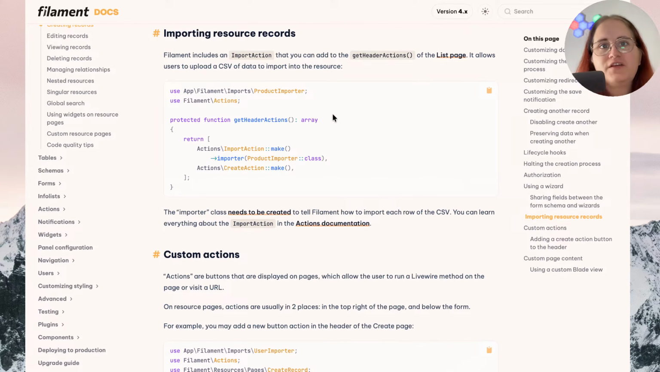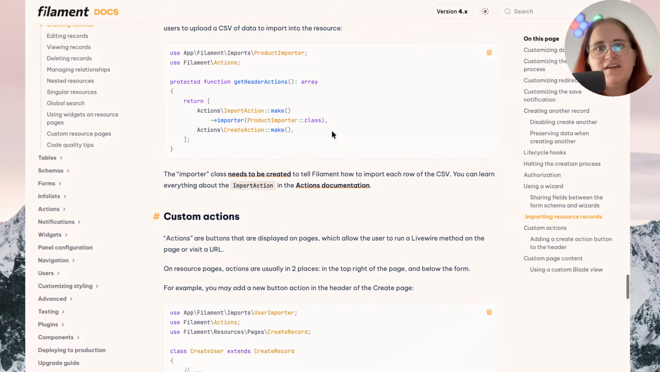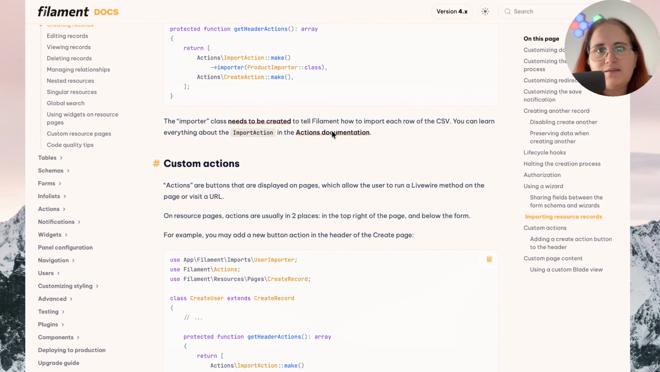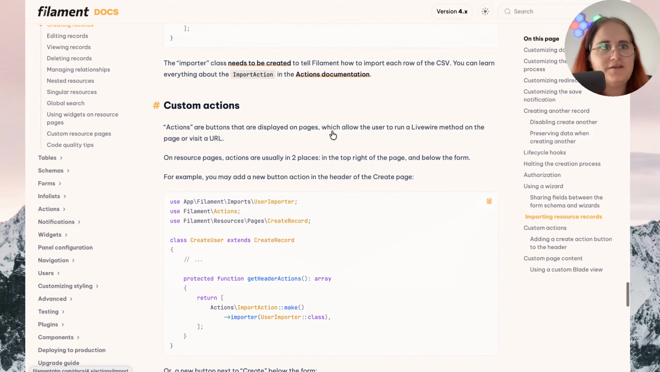Importing resource records. Filament includes an import action that you can add to the getHeaderActions of the list page. It allows users to upload a CSV of data to import into the resource. Use App\Filament\Imports\ProductImporter; use Filament\Actions\ImportAction; protected function getHeaderActions(): array { return [ ImportAction::make()->importer(ProductImporter::class), CreateAction::make() ]; }